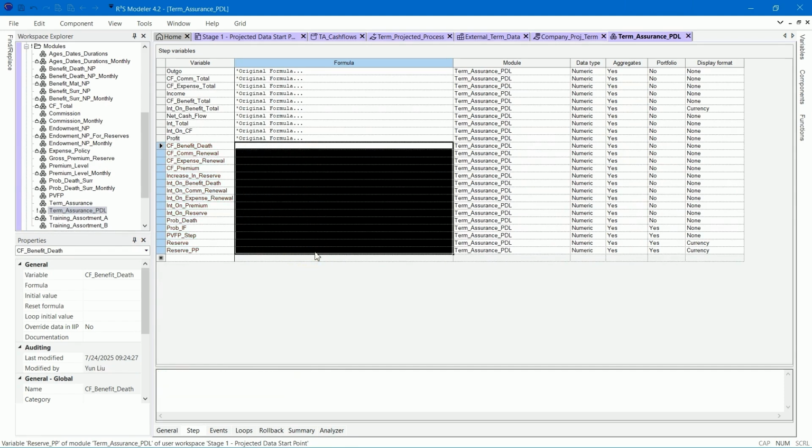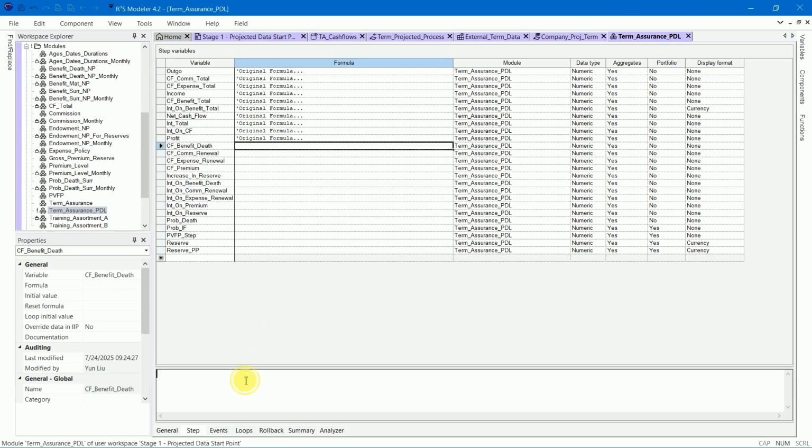To read the value from the projected data layer, we use the layer name as a prefix. In this case, our projected data layer is named External NP. So for CF benefit death, the formula is external_NP.thisVar. And since it is a non-portfolio variable, we need to set the date range.